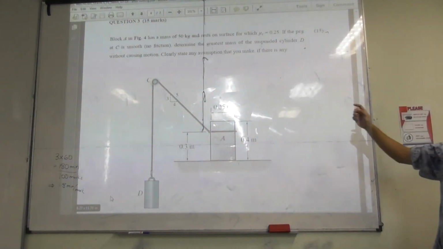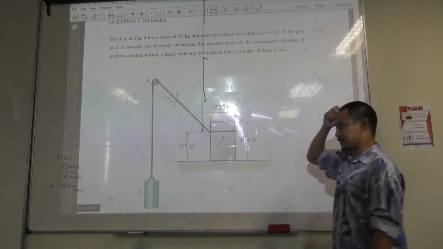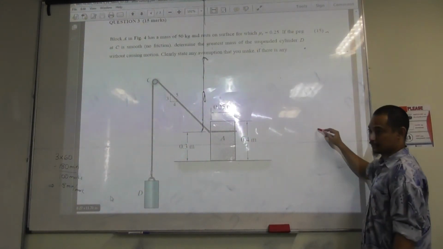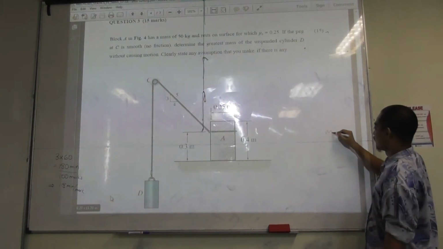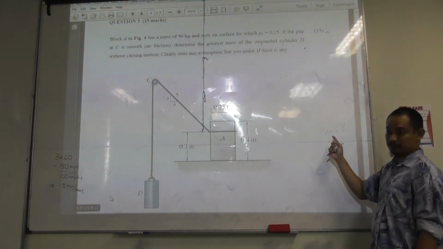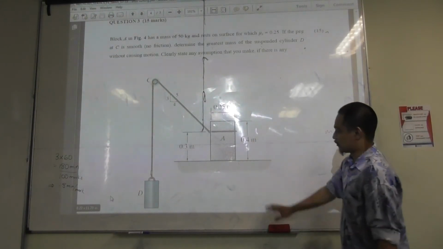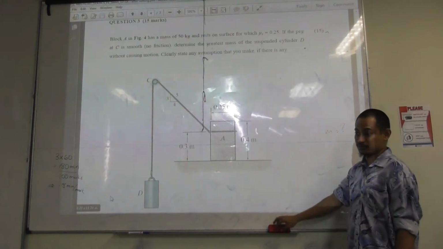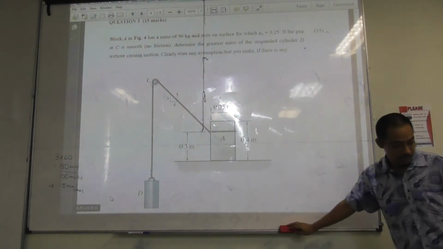I think the best practice is when you read the question, you state what the final answer is. For example, M equal to. So when you answer, you look back. Oh, okay, I haven't finished. Normally when you calculate, you forget actually what the final answer should be, right? Now,